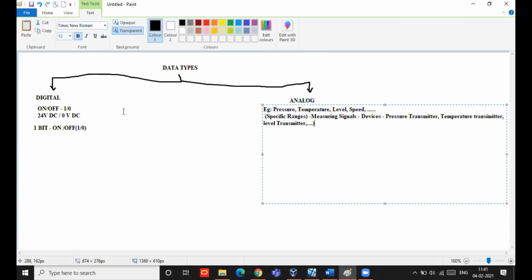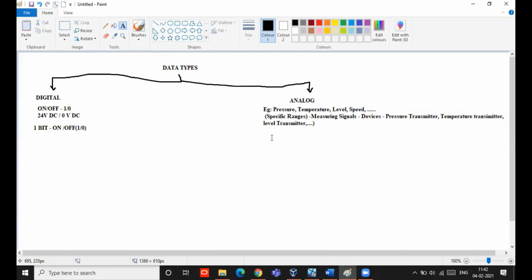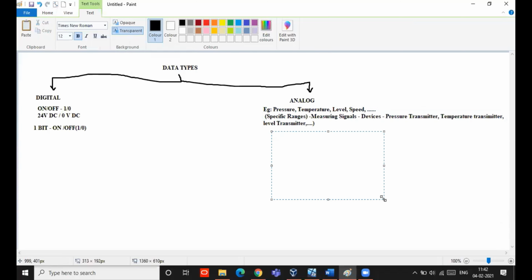What these devices do is measure the signal and give the output in a specific range. For example, tank level is 0%, tank level is 100%. So how does the PLC receive that as input? It will be in different forms, either a voltage range or a current range.